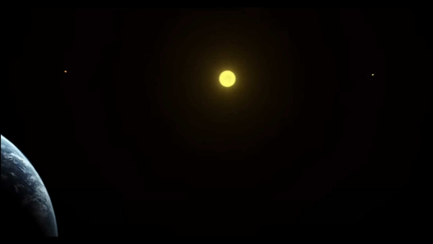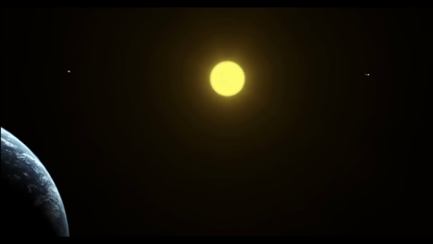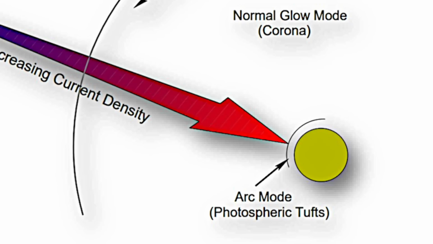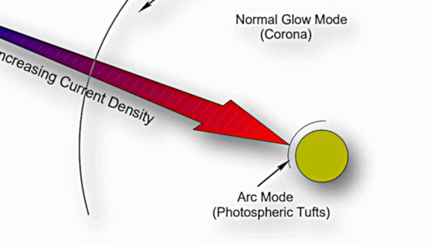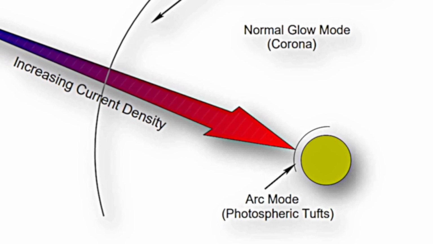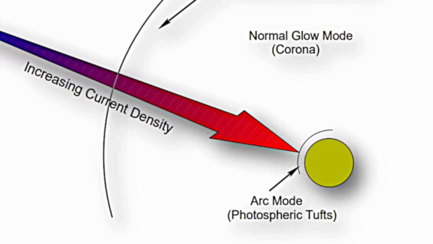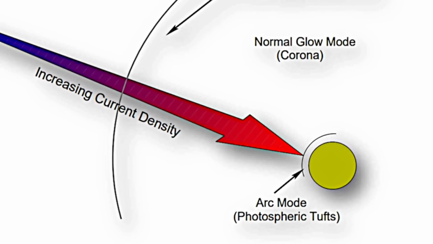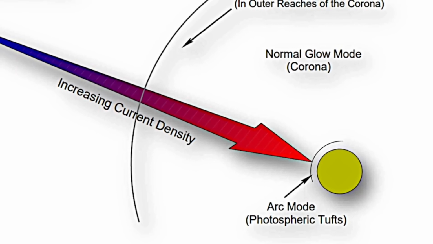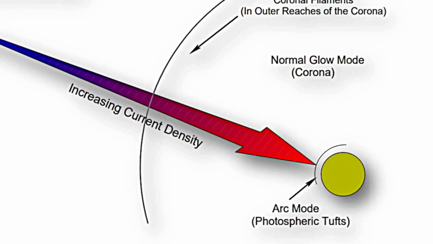Now at that point, consider what would happen if the sun's diameter increased very slightly, abruptly. Assuming the total current remains a fixed quantity, the sun's surface could lie entirely outside the arc mode boundary right there. If that happened, no plasma tufts would form. Leaving the sun's size unchanged and decreasing the total current would also reduce the current density at the sun's surface and produce the same effect. In either case, such a sun would not have a photosphere.